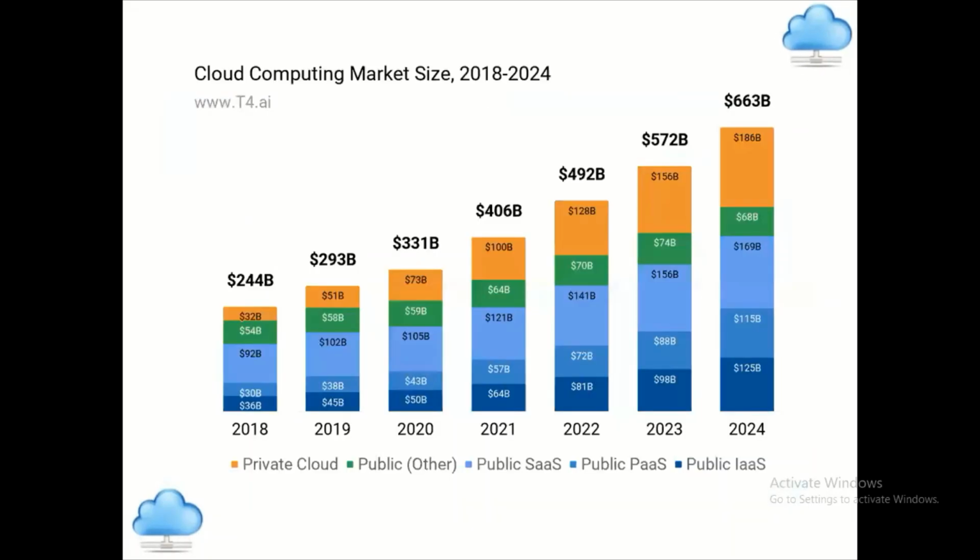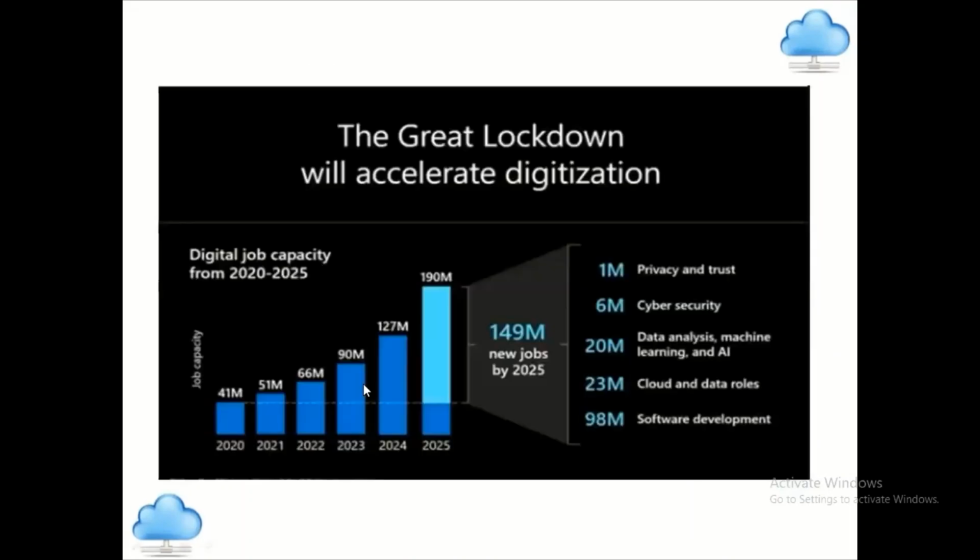So these 2 slides show how much money has been invested and is being invested. Next, if you see from 20 to 25, 150 million new jobs are created. Some jobs are being lost, but still jobs are being created, especially in the digitalization area. Because of the COVID lockdown from 2021-22, all companies moved all their data to digitalization. Out of these 149 million jobs, if you observe here,